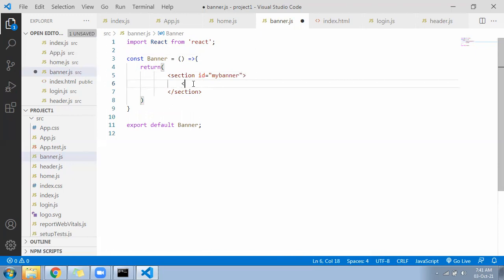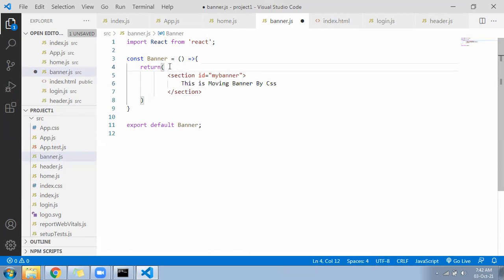Put some text inside: this is moving banner, by CSS.